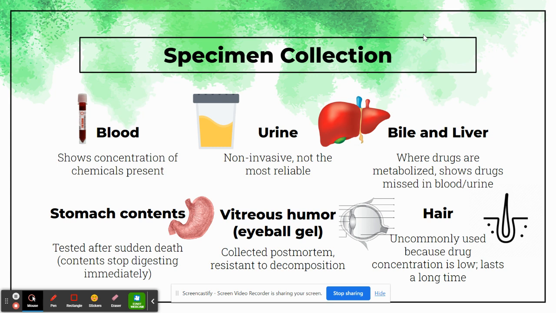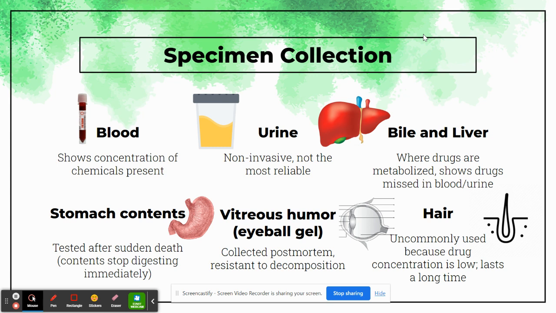So if it's not showing up in blood and it's not showing up in urine, it means it's been in the body for a while and the liver has begun to break it down. So you would then go and check there. You could also check in bile, which would come from the gallbladder and some other organs in the digestive system. So that's just kind of dependent, but the liver is usually a good spot to look.